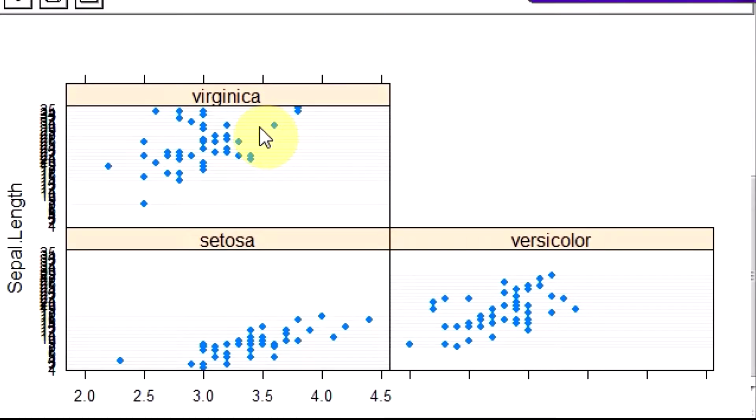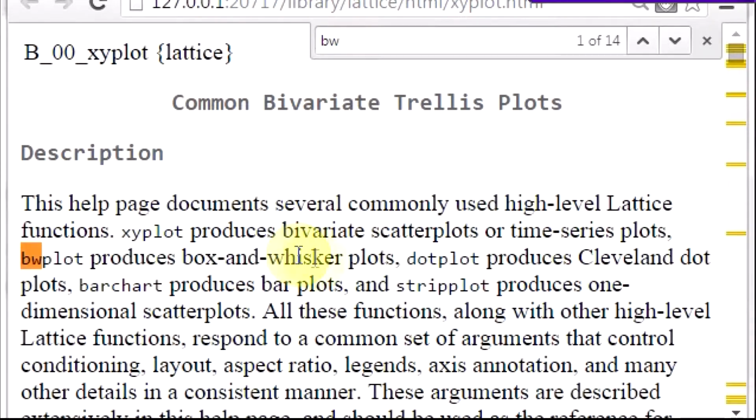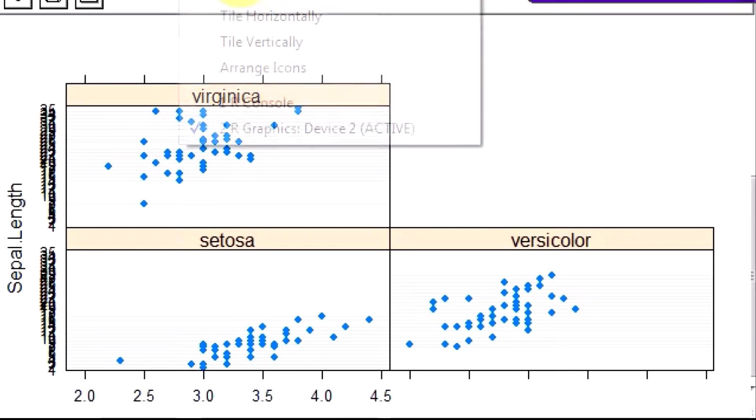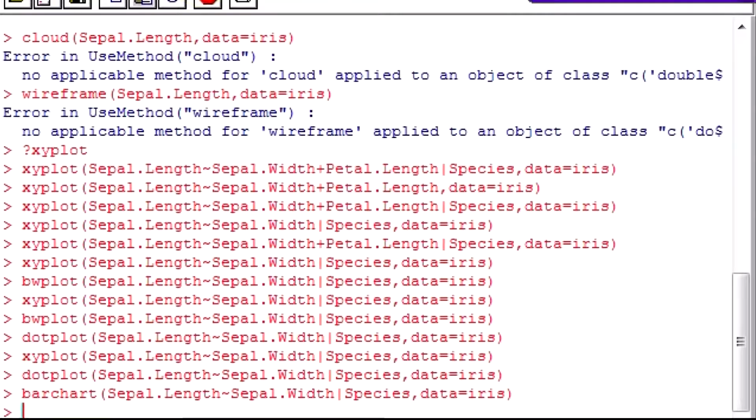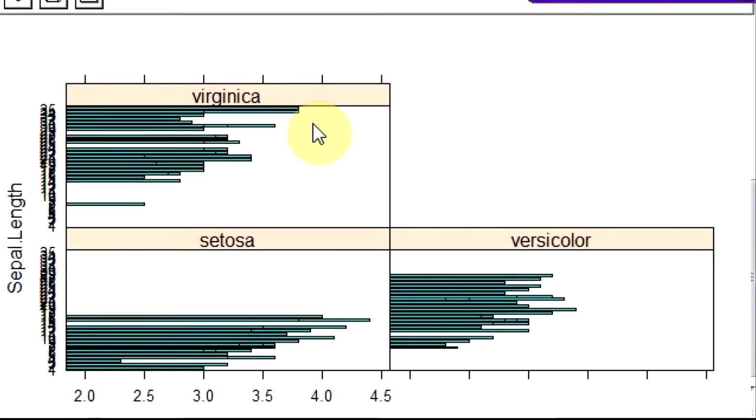No, they are not the same, right? Bar chart produces bar plots. So let's do the same formula. There it's a dot, that is the scatter. Look, you have produced a bar chart.